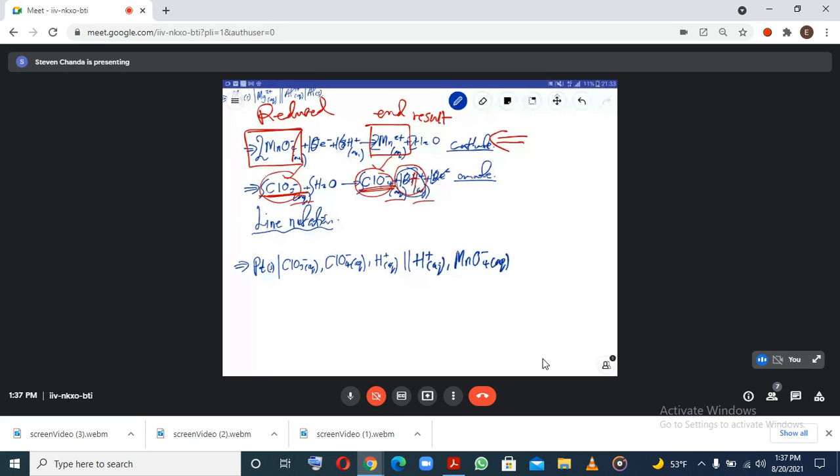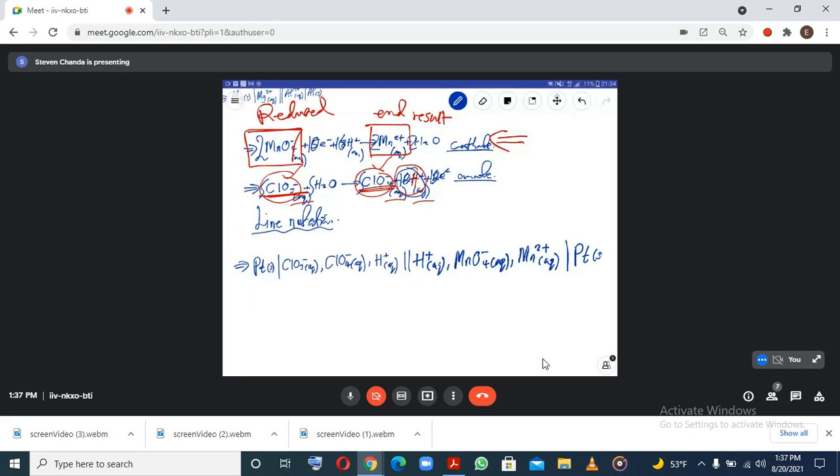Then again a comma. Then what was the resultant? That was the resultant. Then we are done with the cathode. Now remember, do we have any metal here? No, we don't have any metal. So what was acting as the electrode? As the electrode, platinum